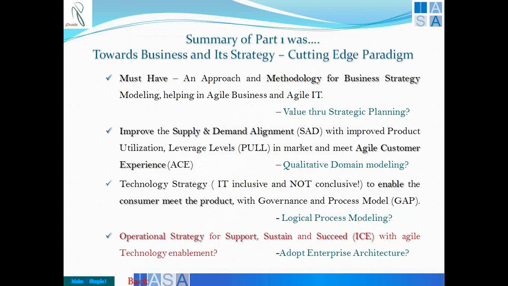And last but not the least, technology strategy meeting that of the business is not only to enable the consumer to meet the product, but also to ensure that the governance and process model gap is reduced considerably. And for that, we need logical process modeling. So we have strategic planning, domain modeling and process modeling, which will enable effective architecture definitions and continuing through the design. I also spoke in the previous part